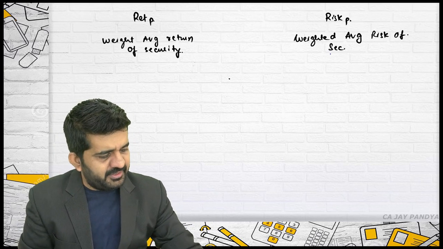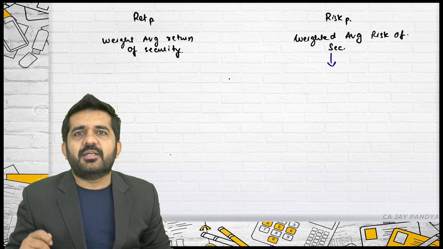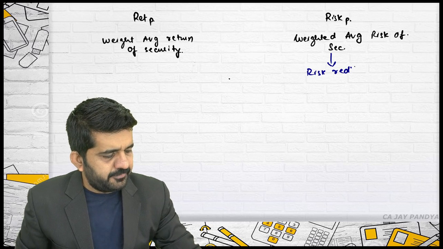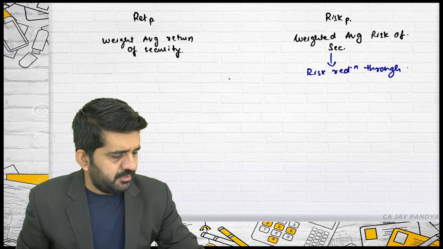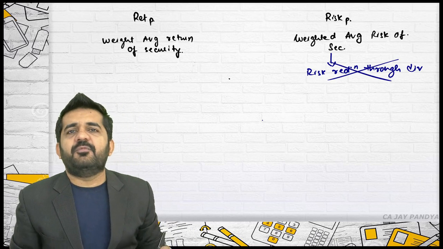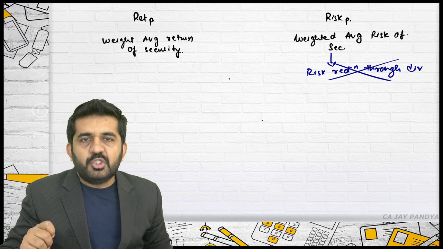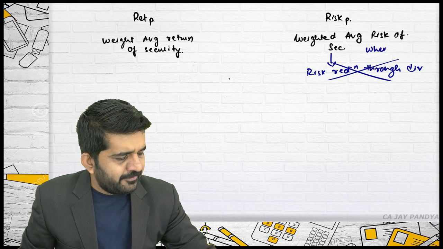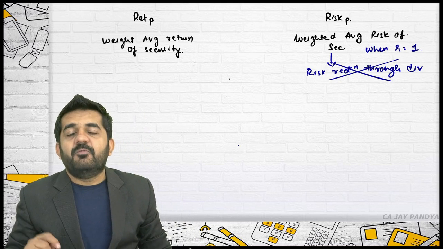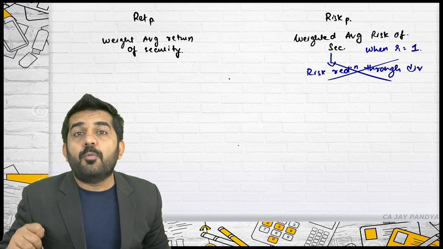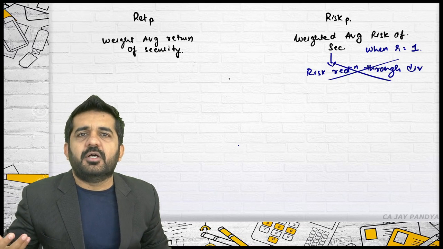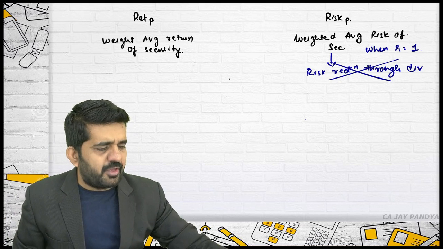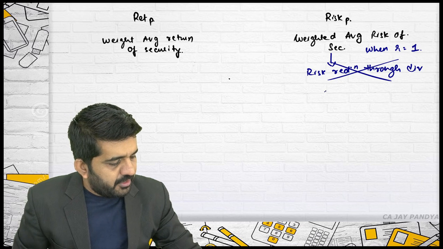But the problem in this case is there is a concept known as risk reduction through diversification. Risk reduction through diversification is not considered if you find out weighted average risk of the security. So you can find out weighted average risk of security when R is equal to 1. Why? When R is equal to 1, there is no scope of diversification. You cannot diversify by purchasing another security. So when R is equal to 1, there is no risk reduction through diversification, and so you can use this formula. Otherwise,